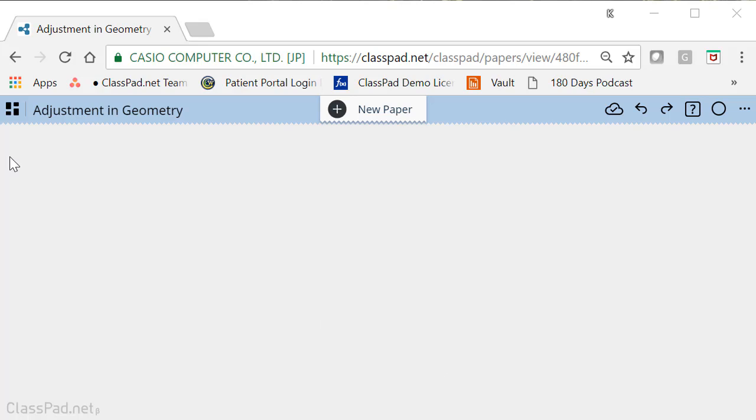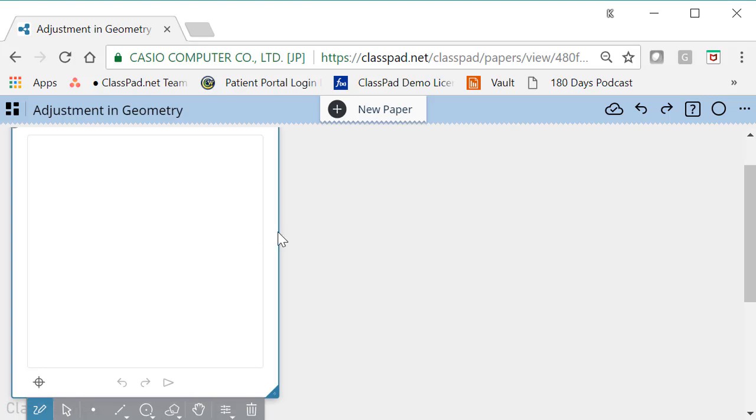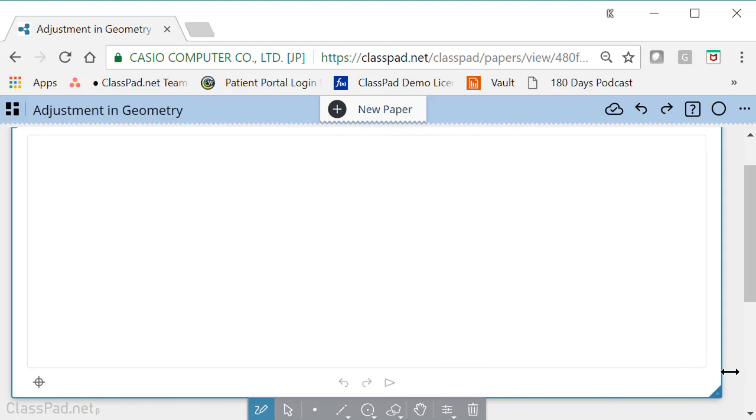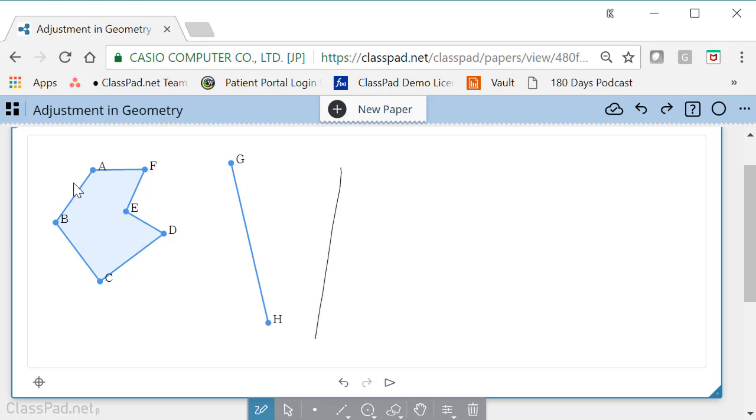So what you want to do is obviously open a geometry window. So I'm going to go to my icon and here's my geometry window. And I'm going to just draw a couple things. I'm going to actually expand my window just a little bit so we have lots of room to play here. Notice the default again is draw. I'm just going to draw a couple shapes on here. So let's just make a polygon of some sort and then a couple of lines. Maybe I want to make an angle of some sort. And I'm going to just kind of go through the different ways that you can